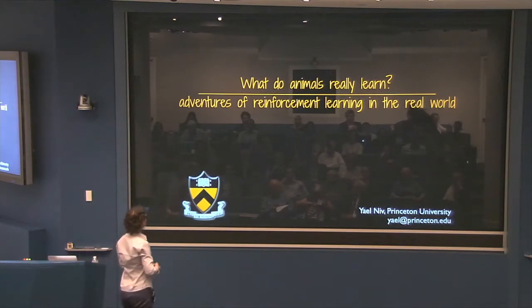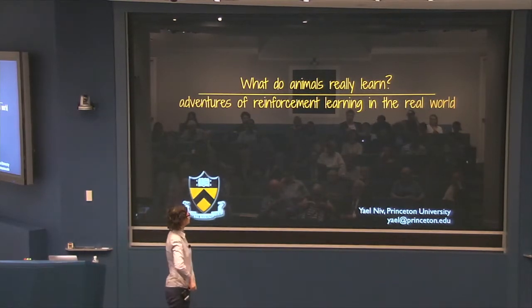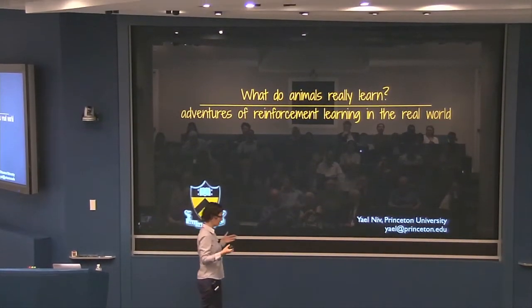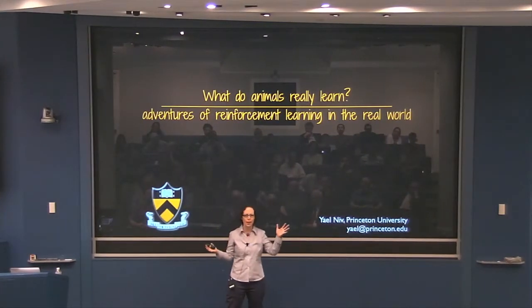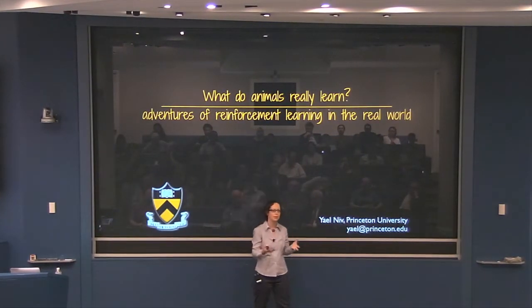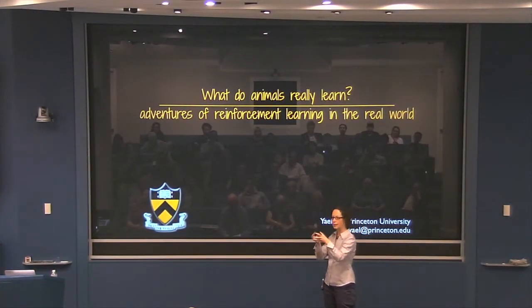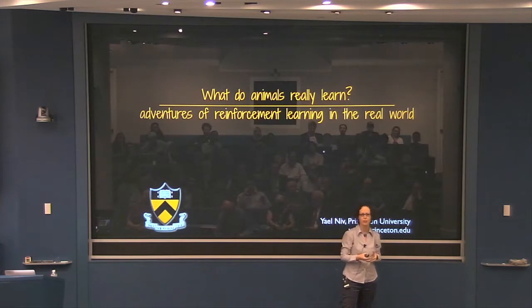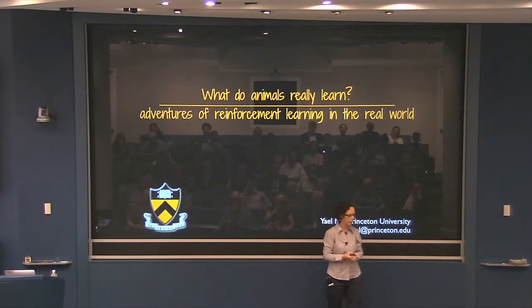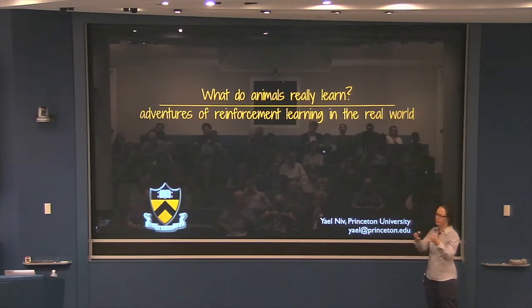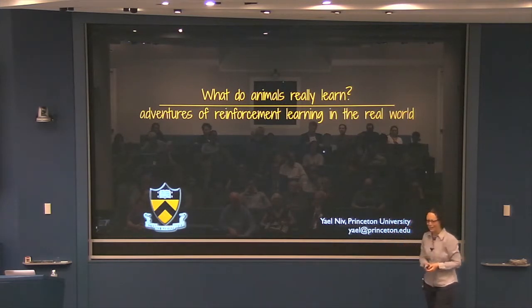So originally I thought of talking about adventures of reinforcement learning in the real world from one direction, which is that the real world is very, very complex, and in order to learn efficiently and to make decisions efficiently, we have to whittle down our representations to the important essentials and work only with those. I decided in the end to not talk about that side of my work, although Jerry talked about that, so I wanted to make the connection here, and of course make the connection to my title, but talk about something a little bit different, which is